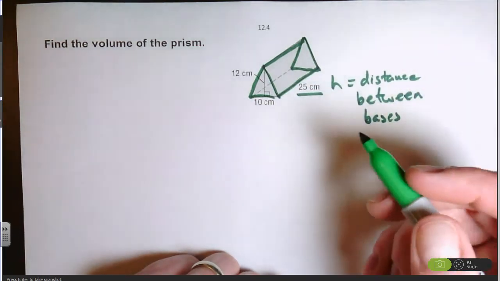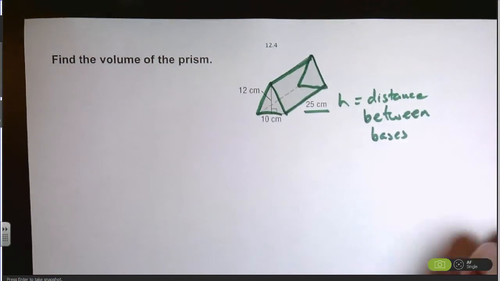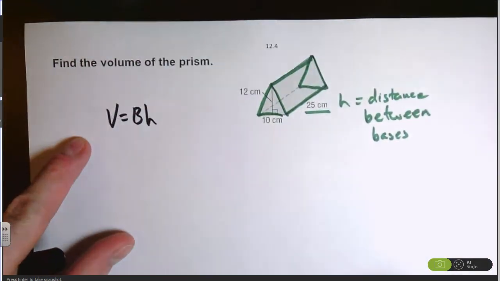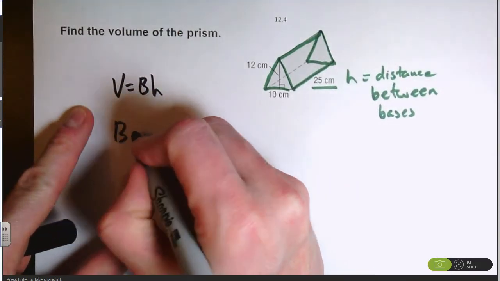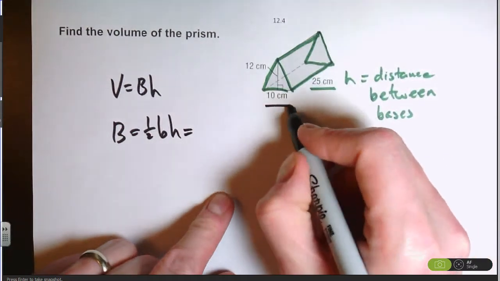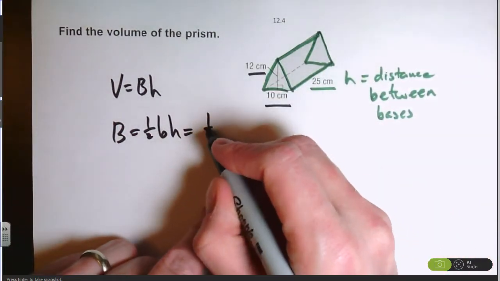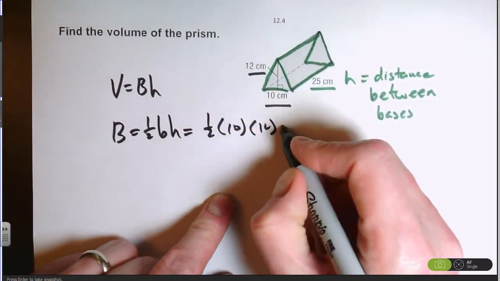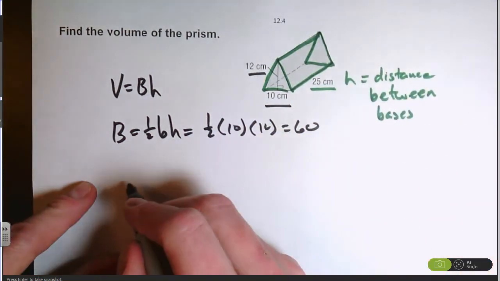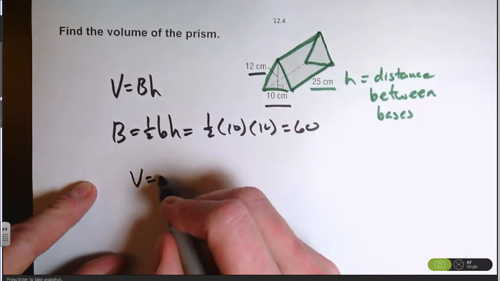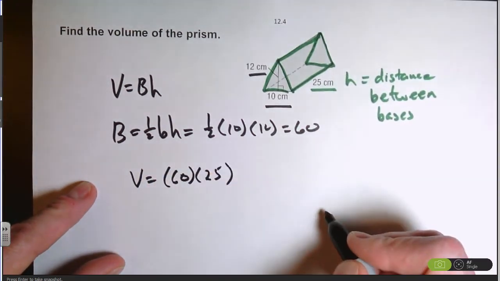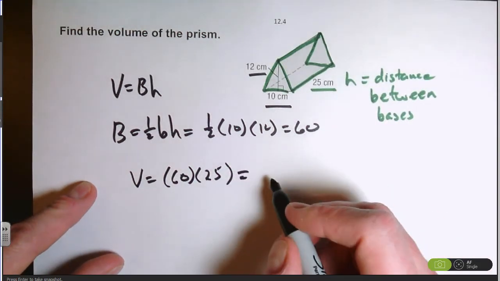Okay. So, for the volume, area of the base times the height. Well, the base is a triangle, so it's 1/2 base times height. So for us, the base length is 10, the height of the triangle is 12, so 1/2 times 10 times 12 gets us 60. The height then, like we said, is 25, so the volume is 60 times 25, which ends up giving us